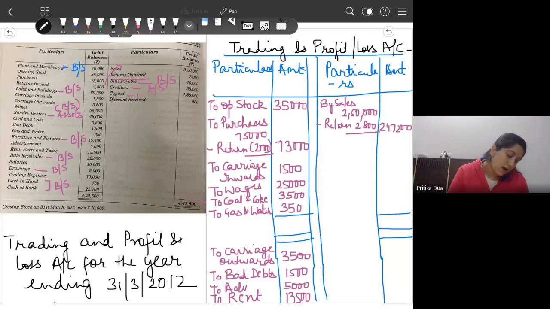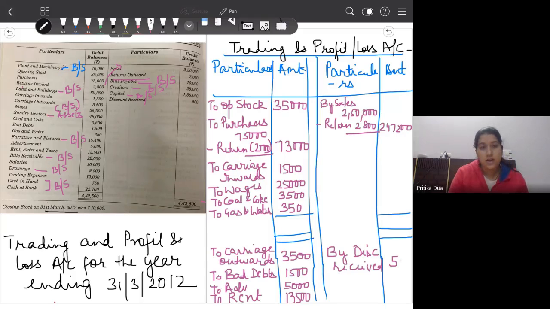Capital amount brought in by the owners at the start of the business, also a liability, will come in the balance sheet. And the last entry is discount received. Now, discount has been received by the business, so it is an income, a gain for the business. Indirect income, so by discount received, I write on the credit side of the P&L account, and this amount becomes rupees